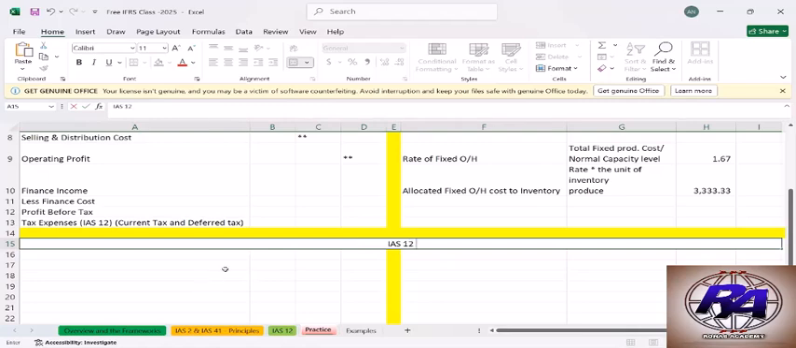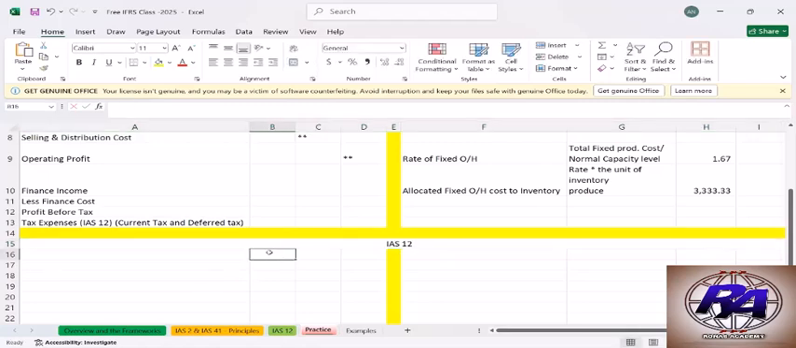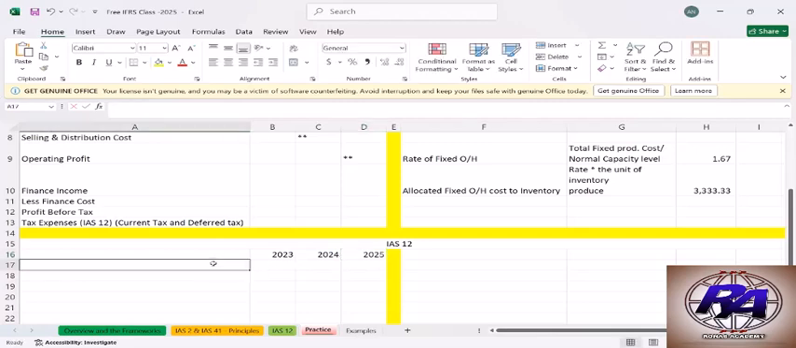Okay, so for instance, let's assume we are in 2023. We have 2024, and then this is our current period, 2025, right? And then we are supposed to pay current tax over here. What companies do is that